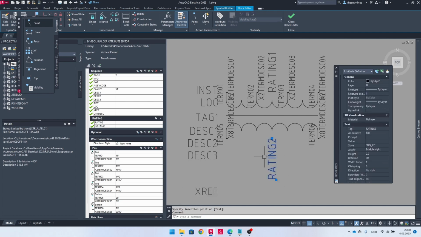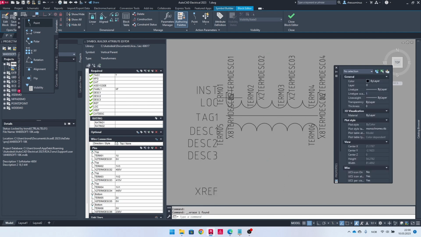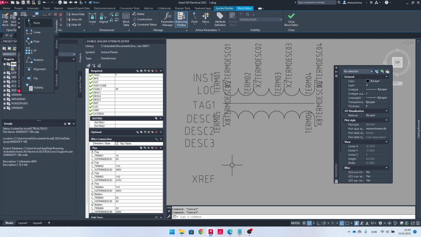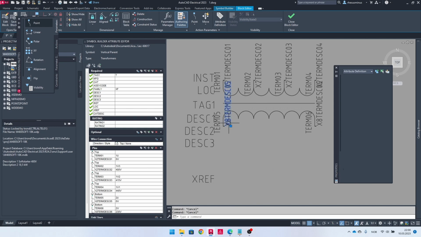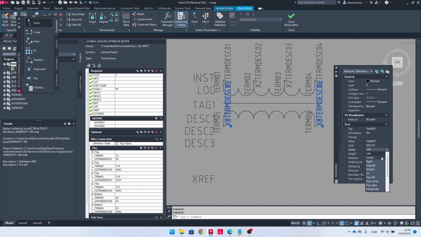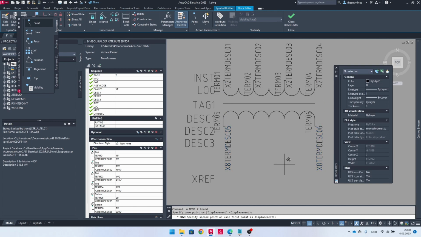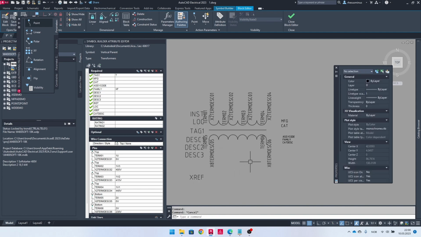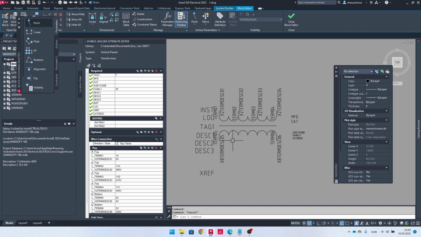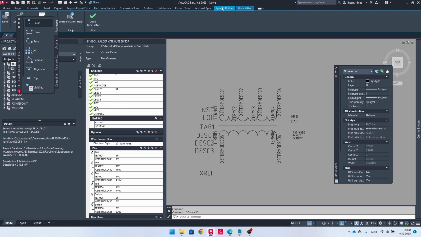Maybe I don't need the rating attributes then. It will say so in the schematics here, so it might look a little bit better then. I'll just change the justification here from left to right and just move them one step up like this. So I'm not sure if it will look good, but let's try. I will just say that I am done with this symbol,